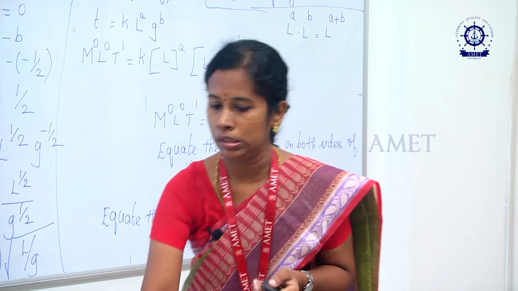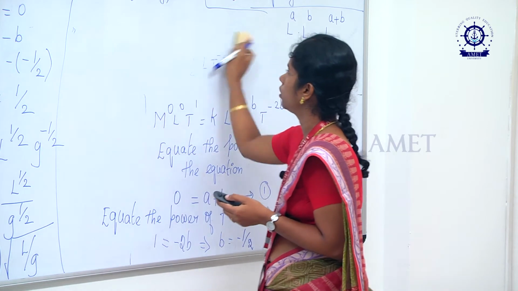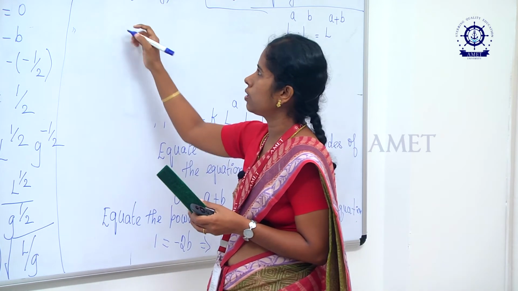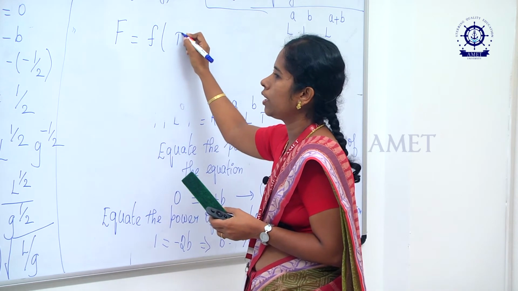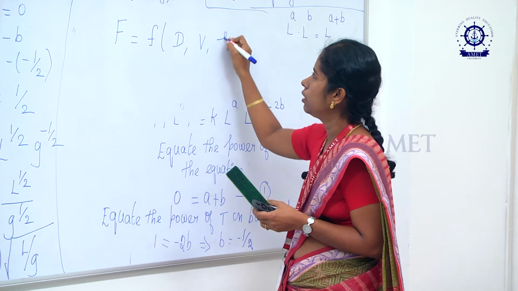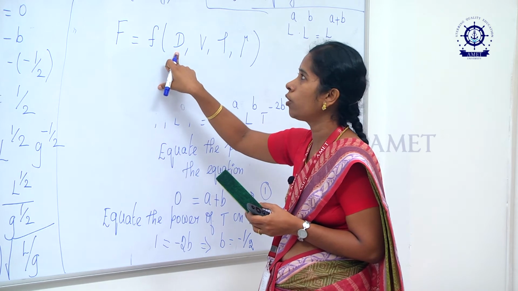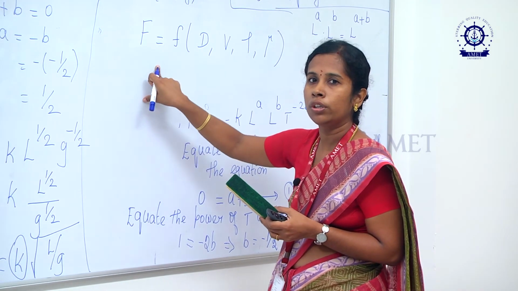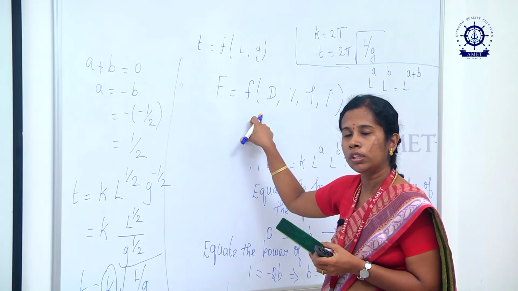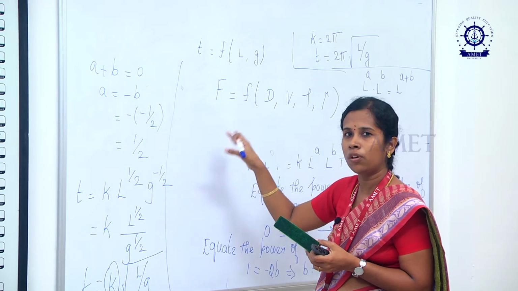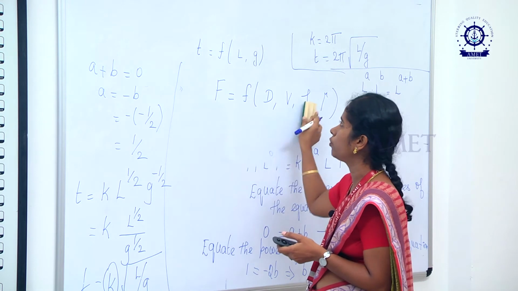What is the problem in this is you have 4 variables. Here we have solved with 2 variables, whereas in that case force is dependent on diameter, velocity, density and dynamic viscosity. So, the number of variables becomes 4. So, it will be a little bit tedious. You will get 4 equations. The fourth equation you have to frame in terms of any of the variables, adjust and then do. So, this will be an assignment for you.